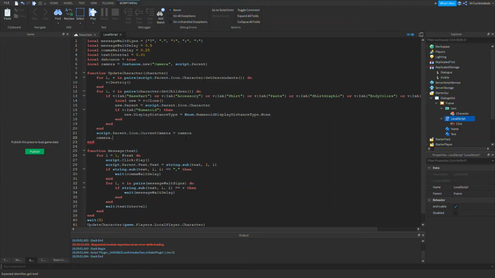So camera.CFrame equals character.PrimaryPart.CFrame times CFrame.new, and we'll do 0, 1, negative 3.25, times CFrame.Angles. Okay, we would do 0, math.rad, and what math.rad does is, so if you would do like 1, it wouldn't equal 1 degree.